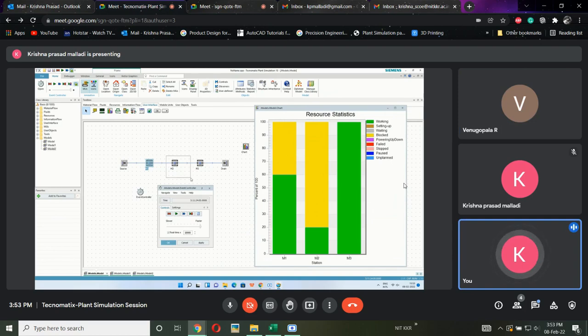In M2 it will be more. Why? Because M3 has 5 minutes of processing time. It has to wait. Maybe in the second cycle or third cycle, this machine will give a third part, but the third part will come here and wait for this machine for the next 5 minutes. Because of which this machine is also waiting. That is why these two will be in the blocked phases.